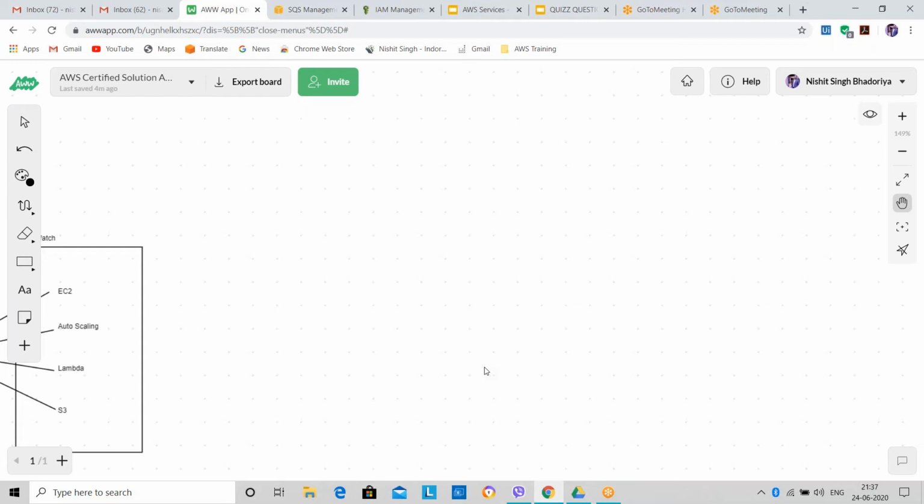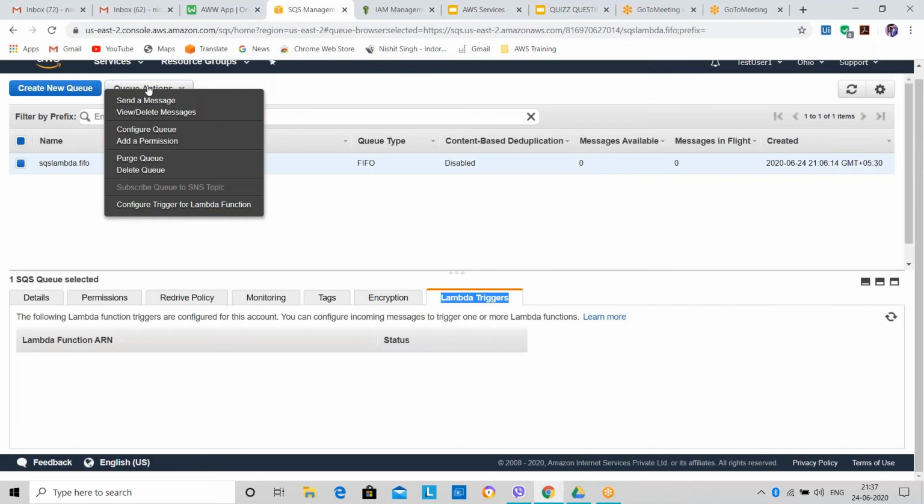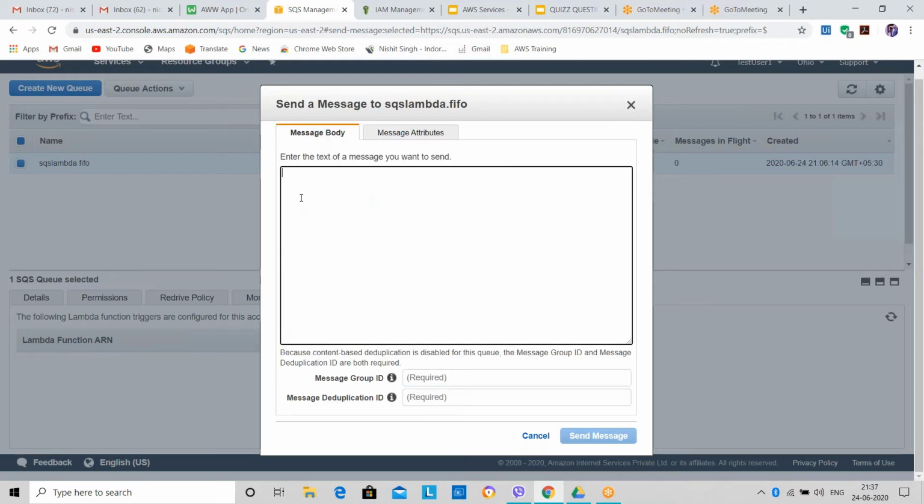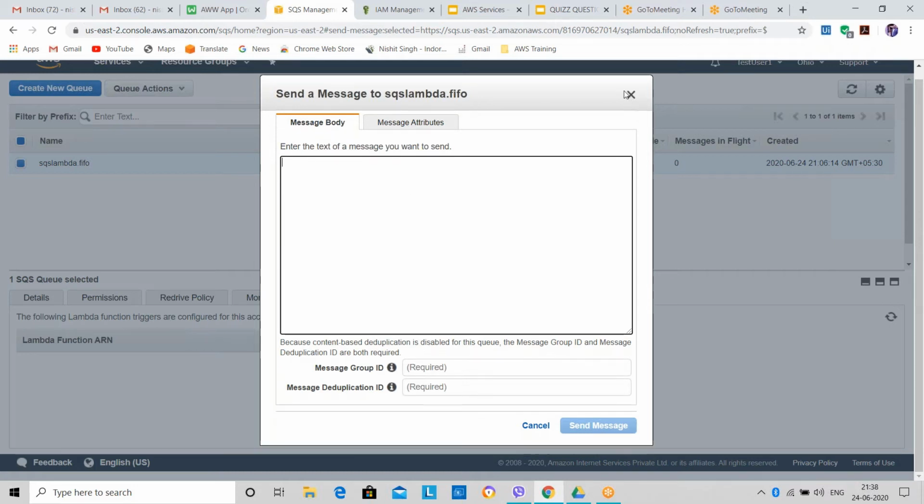Manoj, SQS gives you the notification in a queue manner, right? Okay, I'll show you. What you can do here is create a message attribute. Manoj, is it visible to you? You can create a message attribute and use it, or write a message and use the same message again and again by just changing the name.